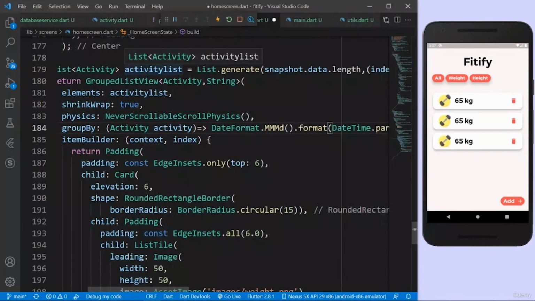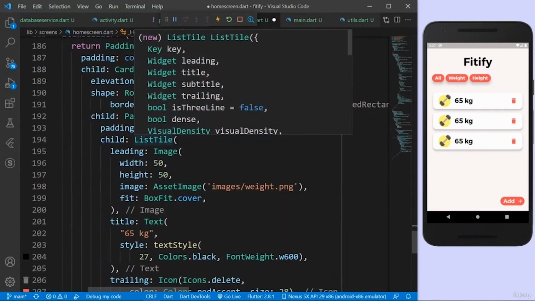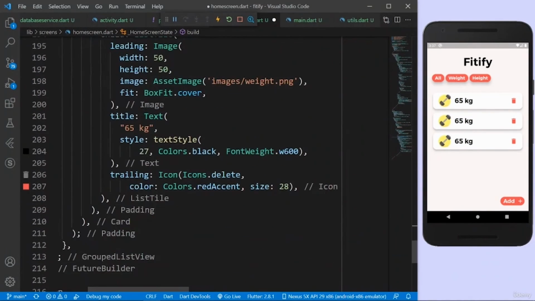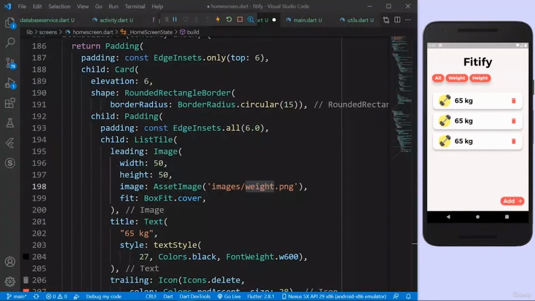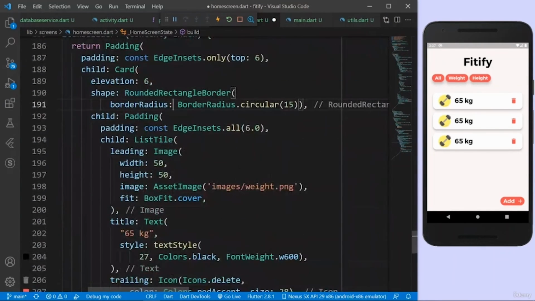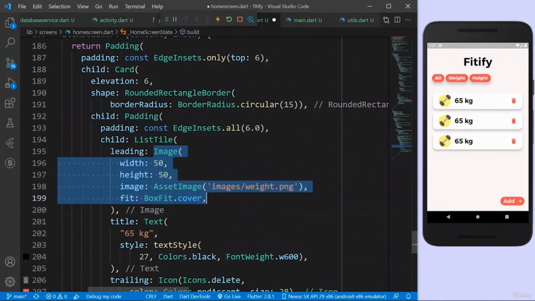Here we created a list of activities. We provided the list here, and we're grouping everything depending on the date. Now we can just show every data here in the UI. So for showing the data in the UI, it's pretty easy. We have hard-coded values here, but instead of that, we have our activity list coming from the database. So first of all, let's change something for the image. So instead of saying